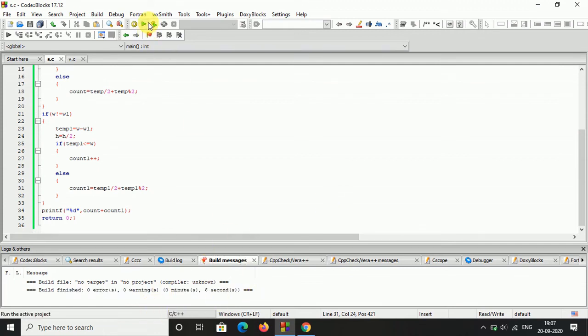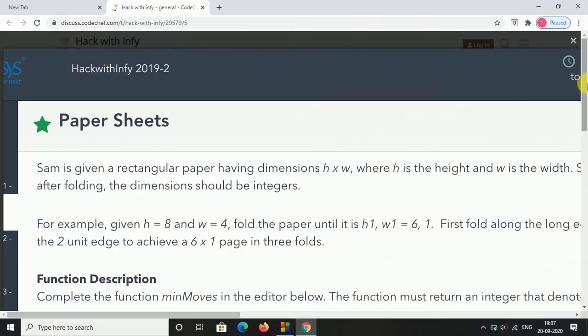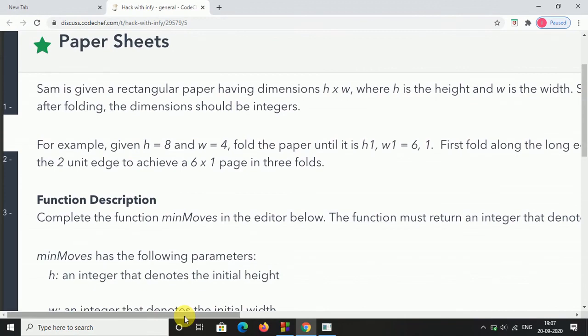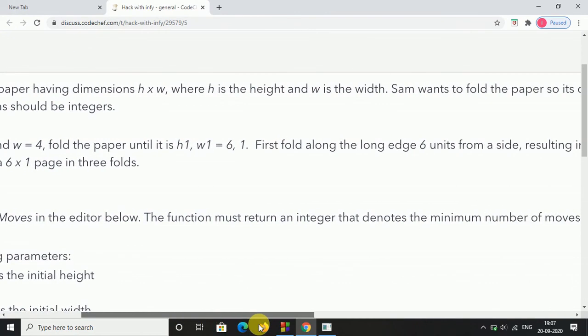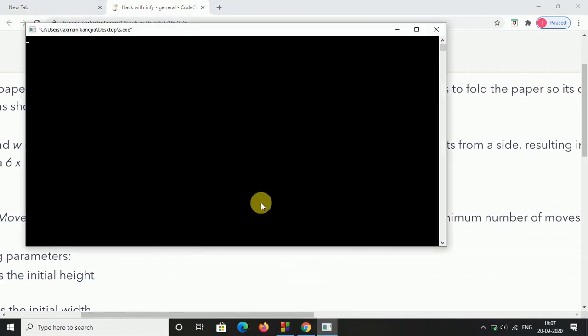Yeah, zero errors. So now we run the code. You can see the example: h equal to 8 and w equal to 4, and h1 and w1 equal to 6 and 1. So 8 and 4, 6 and 1. The answer is 2.